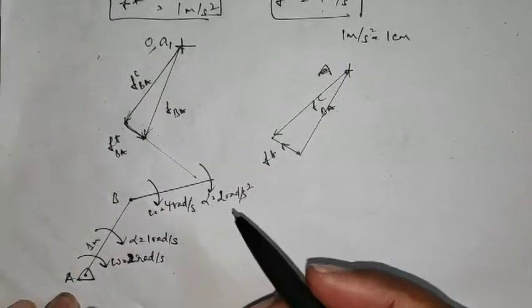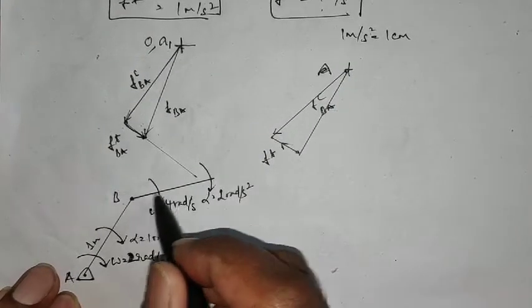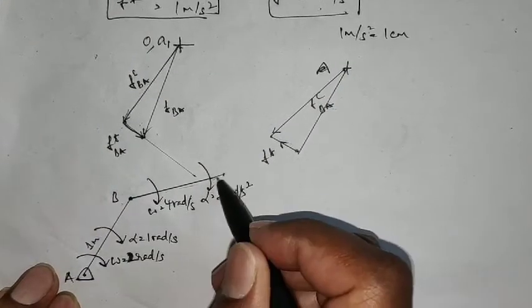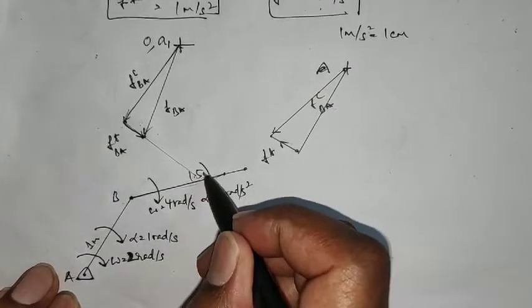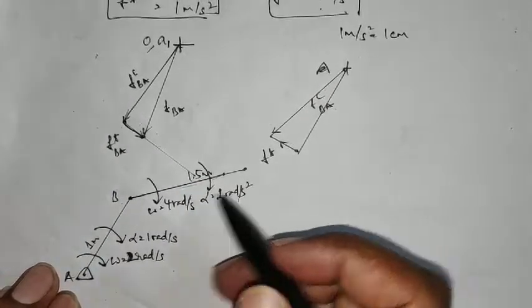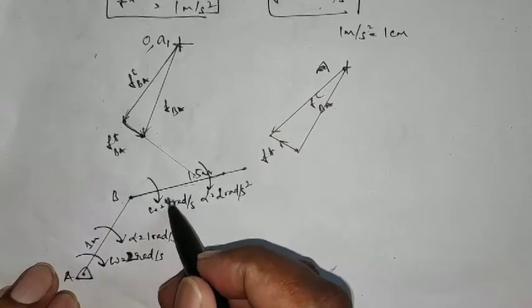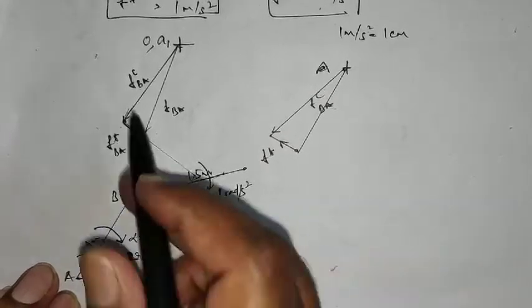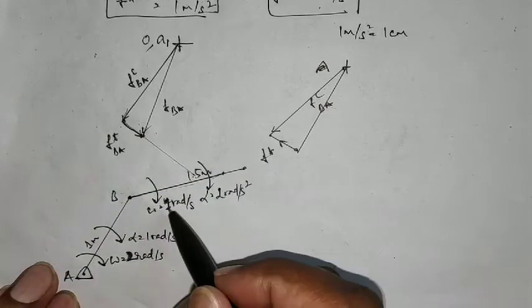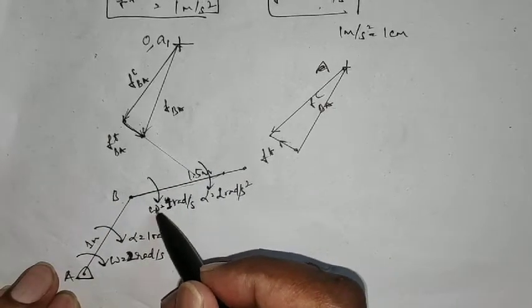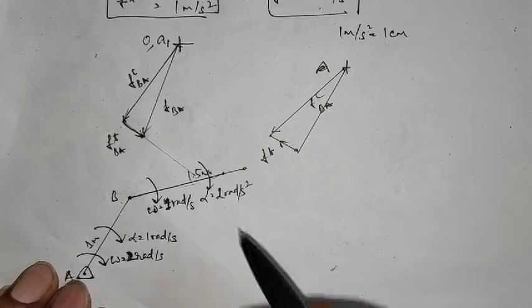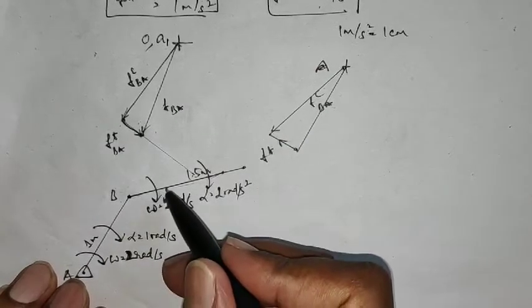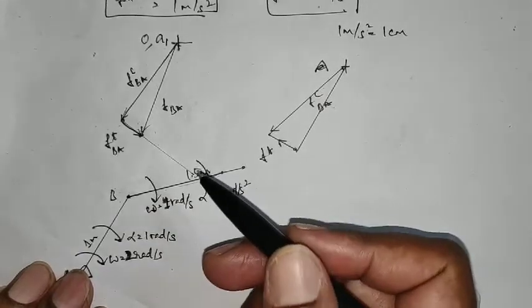Now let us continue the problem. To continue the problem we need again the length of the link here. Let us take the length of the link as 1.5 meter, and instead of 4 radians per second, I will take it as 1 radian per second, because here the space is small and I feel it will go out of the available place. So let us now find out the centripetal acceleration and the tangential acceleration of each of these.